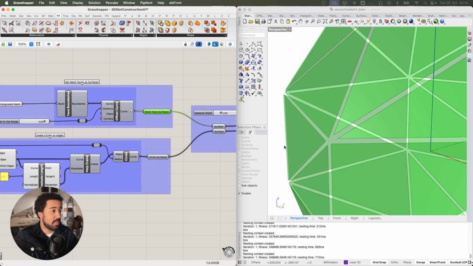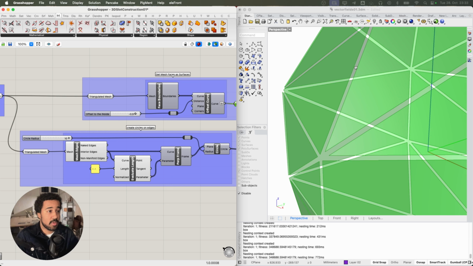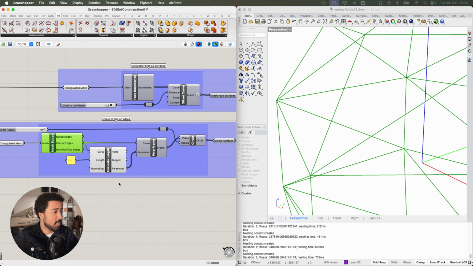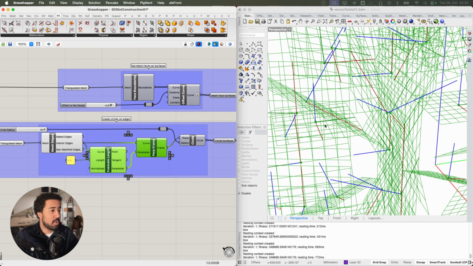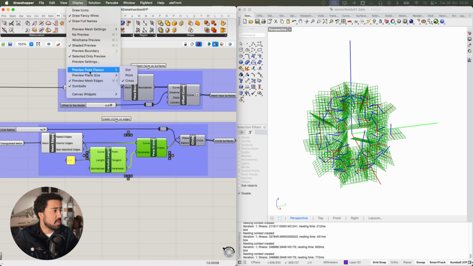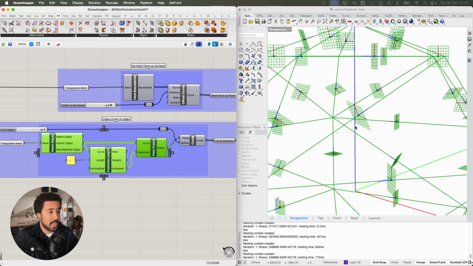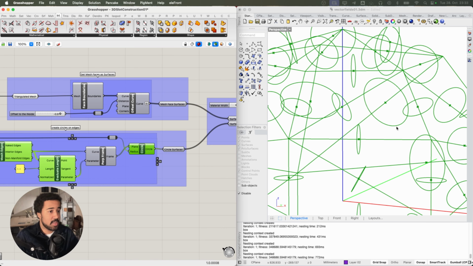So we have these mesh surfaces, and we will also create circles on each of the midpoints on the edges between two faces. So we get the mesh edges, we evaluate their length, and basically get the midpoint on each of these edges and create a perp frame there. Let me reduce the preview plane size so this is easier to see, like that. So now we just created a perp frame,